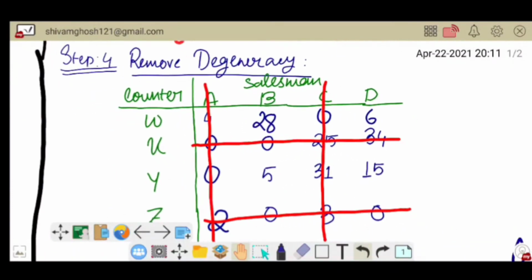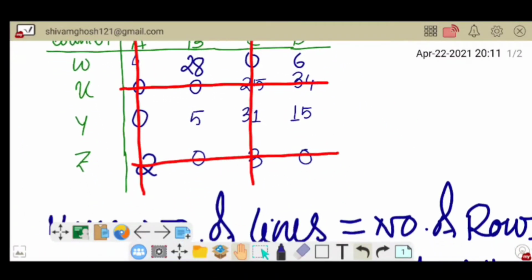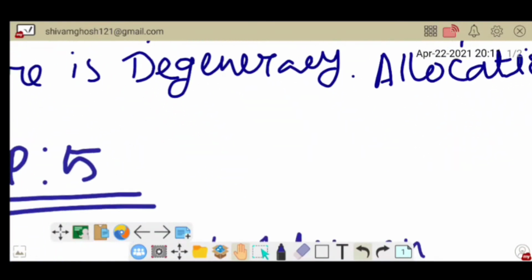So the matrix will be like that, just like the before one.